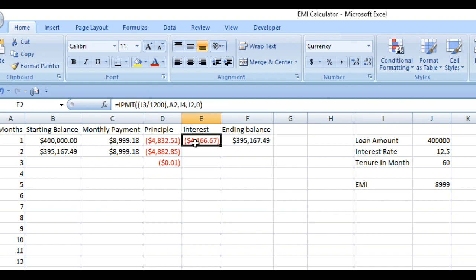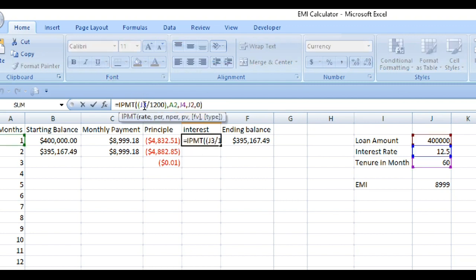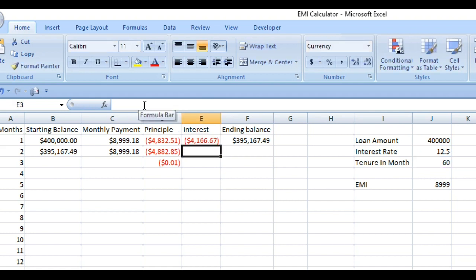Now I'm adding a dollar sign before J3, J4 and J2. So J3 done. If this fixed reference confuses you, I'll put up a separate video on the fixed reference part only. Now we have found the interest also, and by giving Control D, I get the ending balance for the second month too.